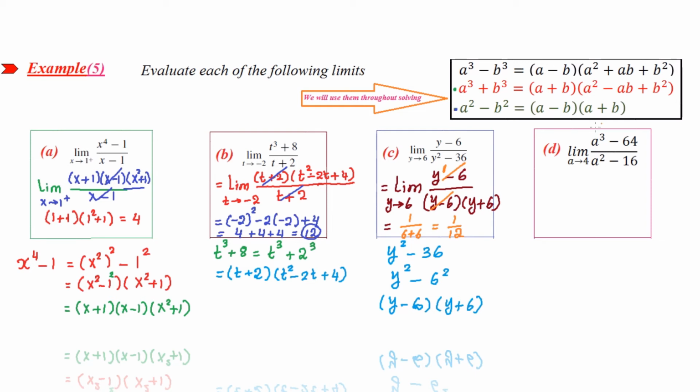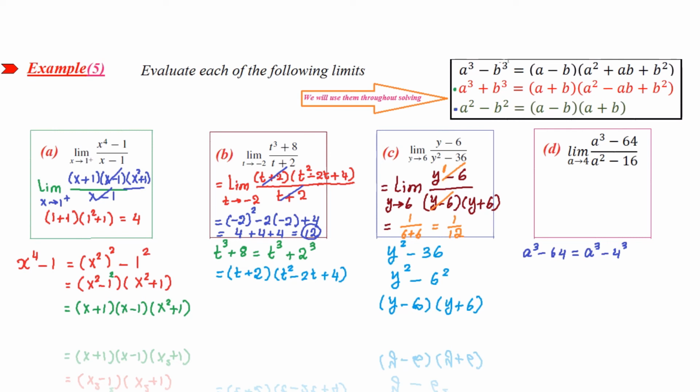Part D, you have to factor a numerator and denominator. A numerator is difference between two cubes, and denominator is difference between two squares. So for a numerator, we have a to the power 3 minus 64. You can write it as a to the power 3 minus 4 to the power 3, and you have to